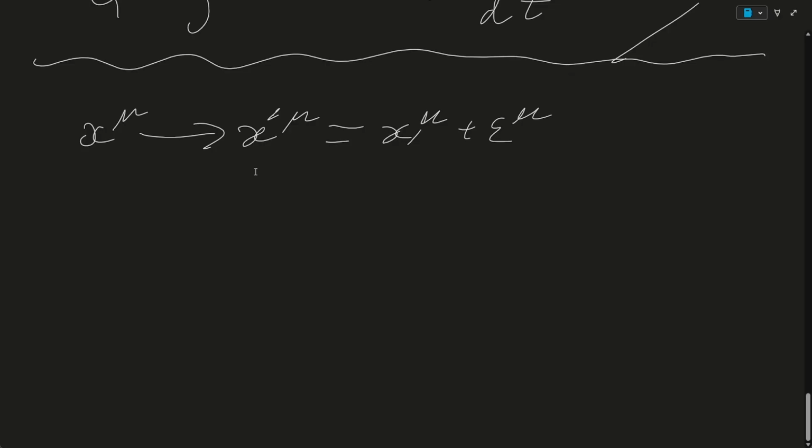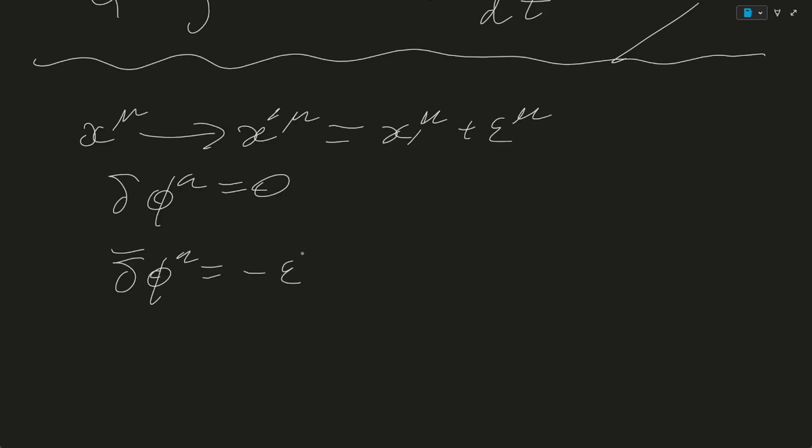And this is a pure coordinate shift, so these scalar field values are going to be unchanged at the shifted point, which of course can be written as the change in the scalar field being moved to 0. And so now we have an equation for the intrinsic change, which is minus epsilon to the nu d nu